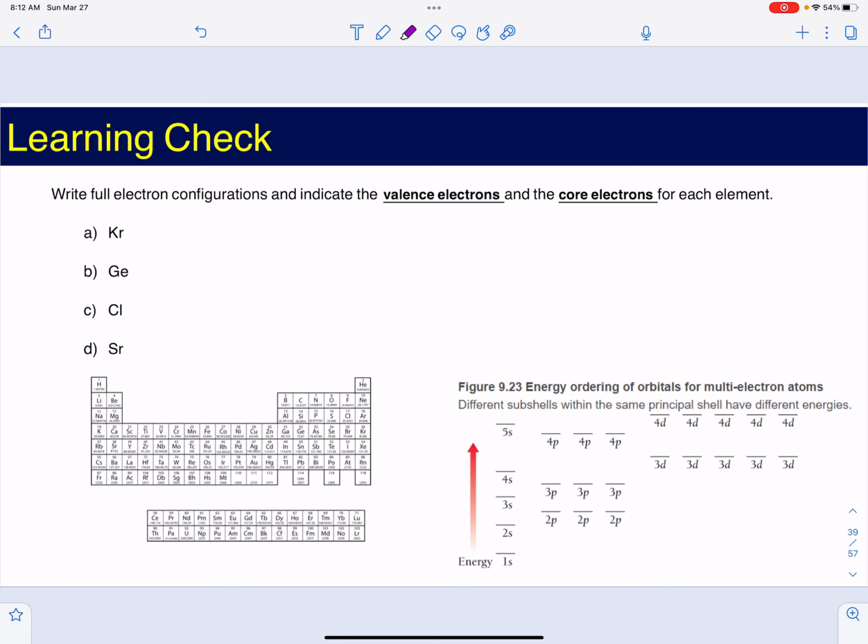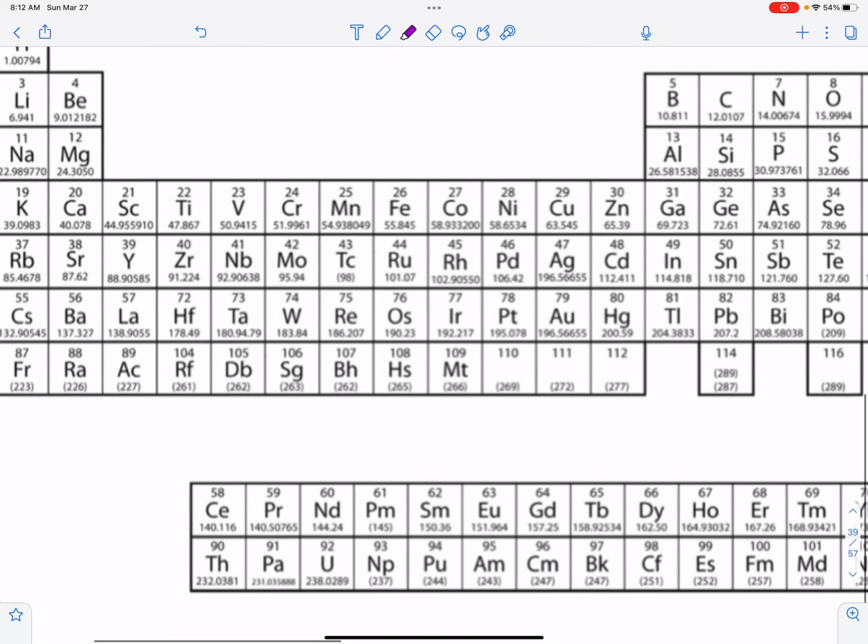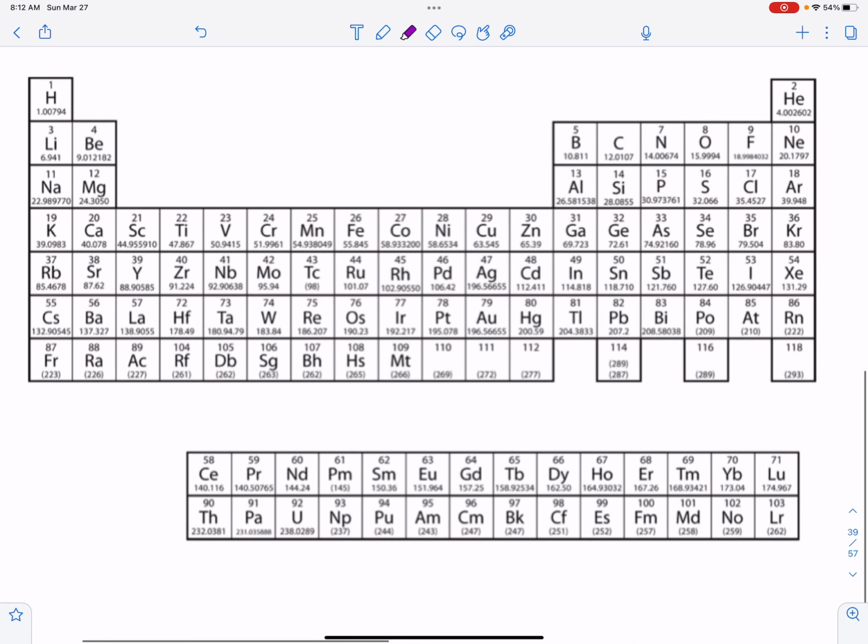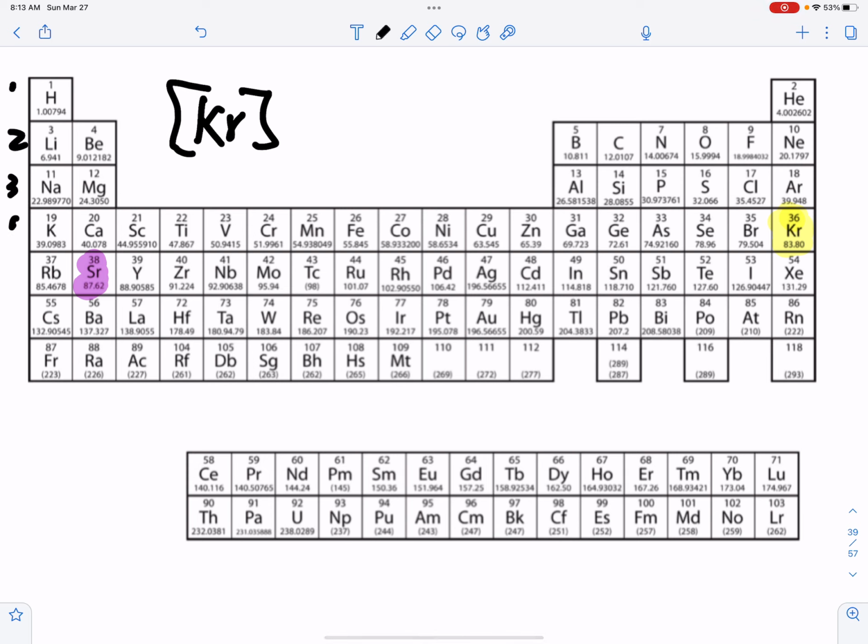So for the last one, we're doing strontium. So once more, we're going to look for the closest noble gas going back. That's going to be krypton. Krypton. Then we take it back from there. After krypton, we have 1, 2, 3, 4, and 5. So that's going to be 5s2,